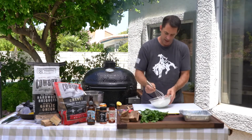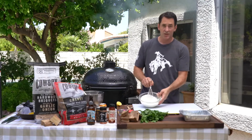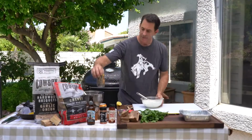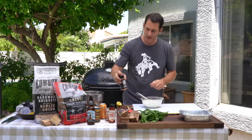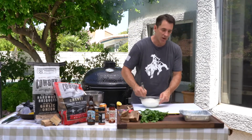Mixed up. Okay, that's your sauce. It's a little thin right now because it needs to go in the refrigerator, but there's your ranch. Just a very classic, easy, simple ranch dipping sauce. If from here you could add some of your honey rub, you could add some of your Jack Daniel's chicken rub, right? Because we're gonna have those flavors going through our chicken wings. So it just brings your flavors, again, layered all the way through,